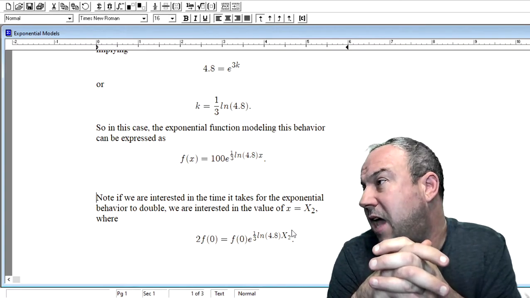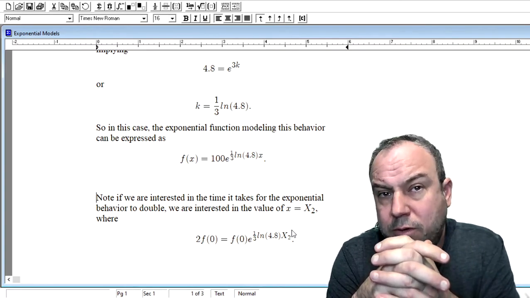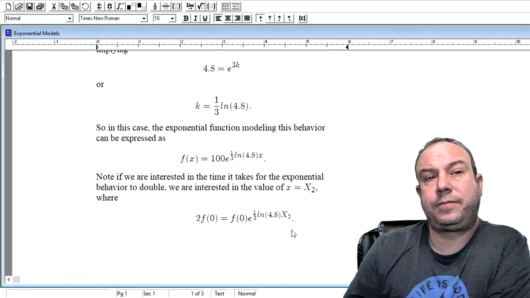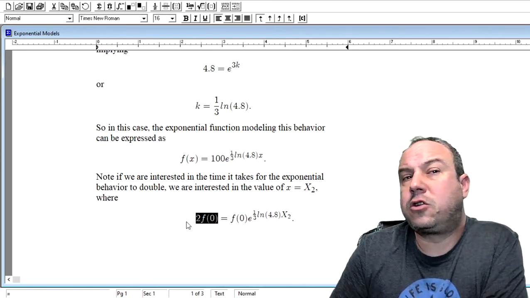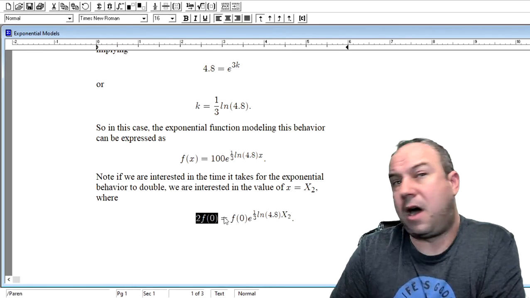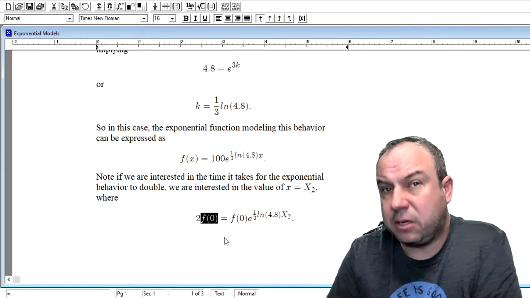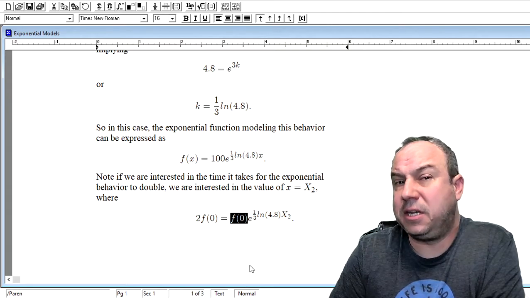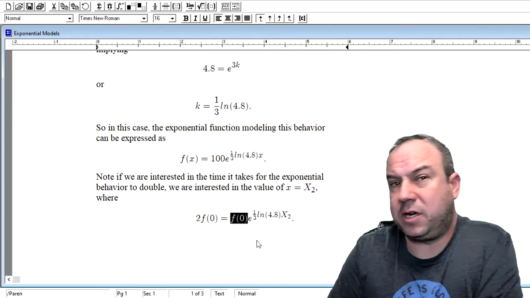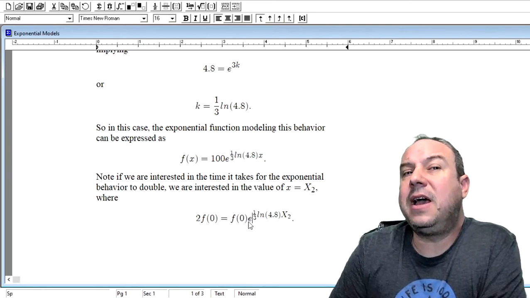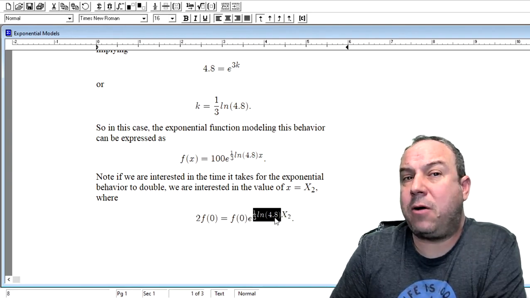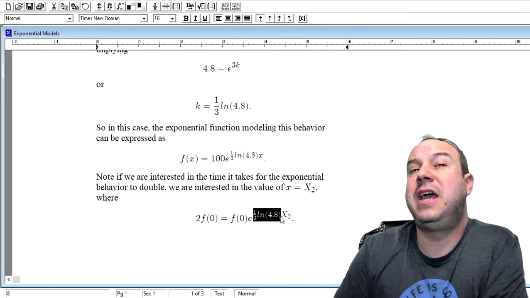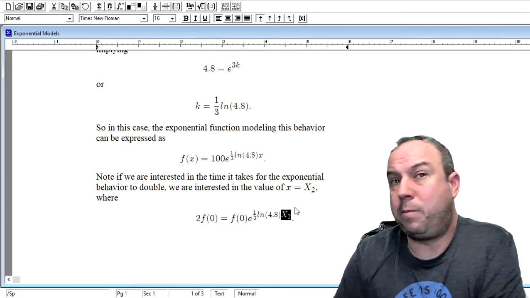We might say x equal to x sub 2, where twice our initial value, 2 times f of 0, would be equal to our initial value, again that being 100, times e to the 1/3 times the ln of 4.8 times this x sub 2 power,